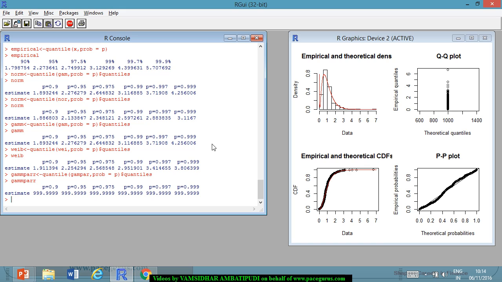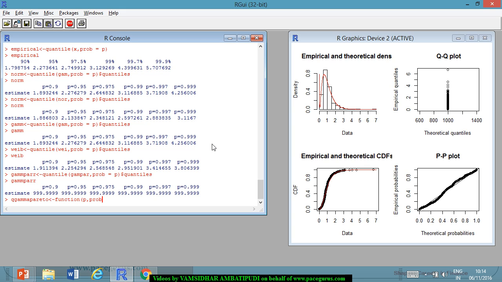So the Q actually needs to be improved, right? I think there is some problem with the Q function that I have created. Q gamma Pareto. Let me recreate it once. Q gamma Pareto. I'm taking it as a function of P